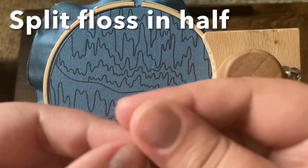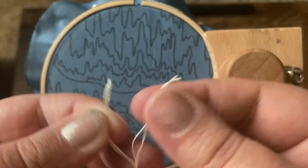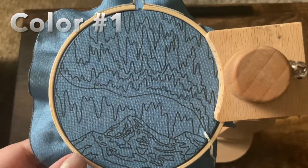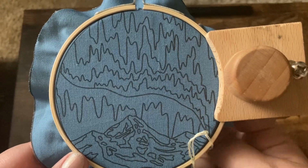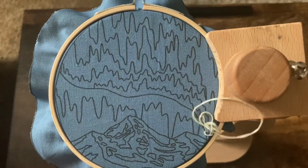So before we get started, all of the floss will be split in half for this entire pattern, so it's all stitched with 3 strands. With color number 1, we're going to be starting in the sky, and we're going to be doing a long and short stitch. For this first shape for color 1, we're going to just be doing vertical stitches,